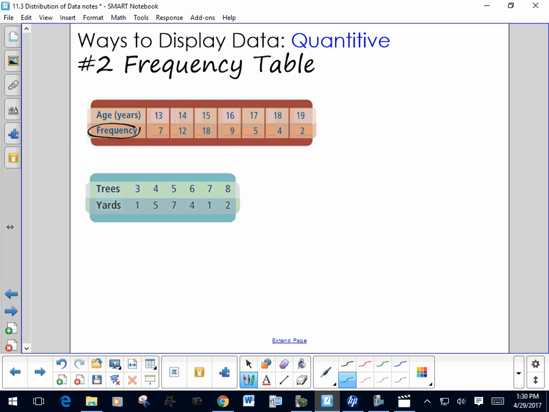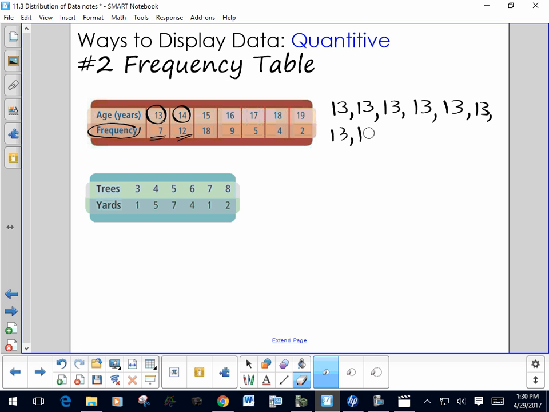What this is doing is it's kind of shorthand. Instead of listing out that number 13 7 times, they're saying for the age group 13, there were 7 members. 1, 2, 3, 4, 5, 6, 7. And instead of listing out the number 14 12 times, they're putting it in a frequency table. So you can see that if they had listed these out individually, it would have taken up a lot of space and